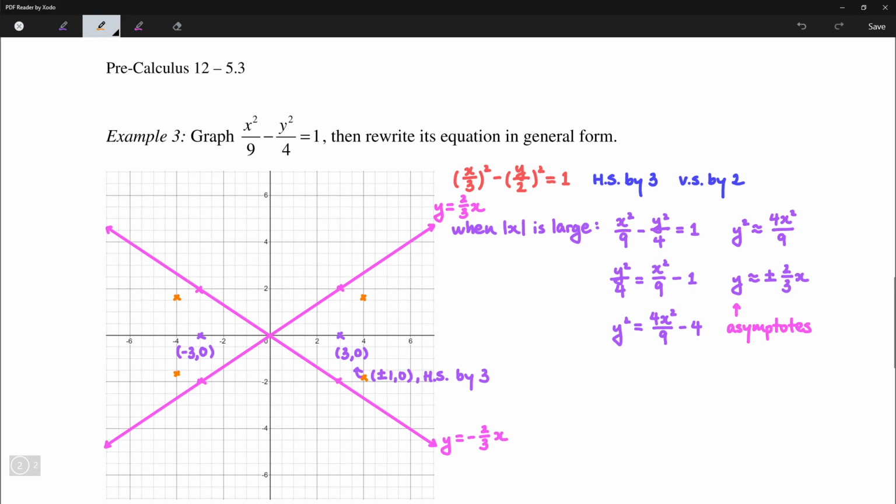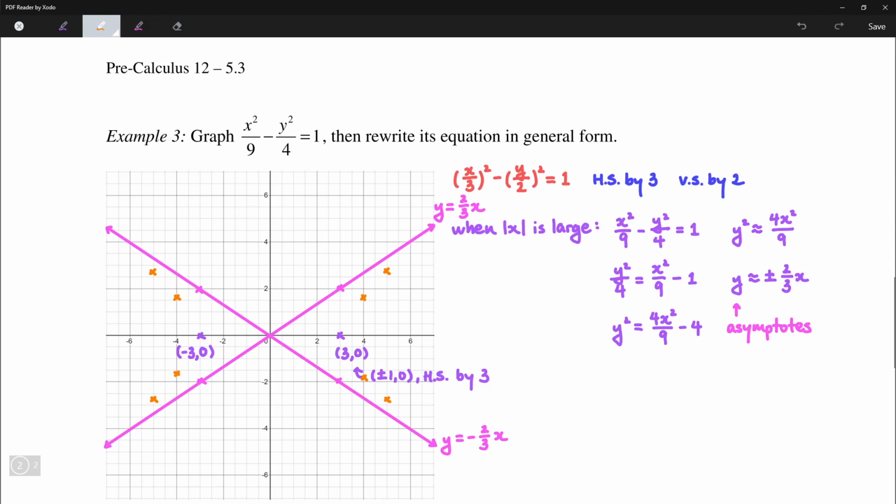Okay, and then on the other side. So we're not going to formally go through using a table of values, but these are the points that